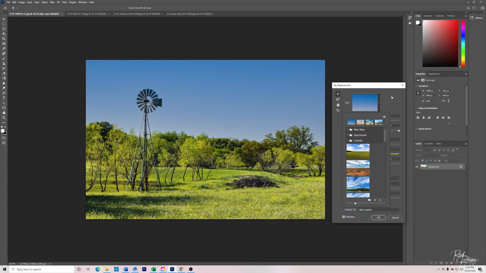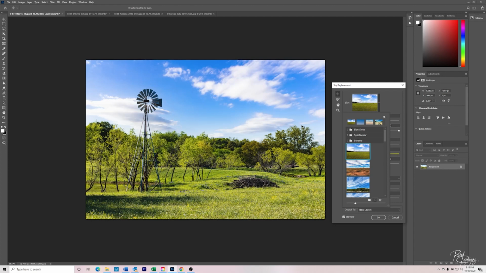Your uploaded sky images will appear below the Photoshop sky folders. So right below the folders, you're going to see all your uploaded skies. It's important to note that when you're selecting a sky, you need to try to match the lighting conditions. So in this example, I need to select a blue sky that has some clouds, but not an overly dramatic sky. So let's scroll through our options and look for what appears to be the most natural. So it defaulted to this blue sky under the blue skies folder. So let's choose one of my custom skies. The very first one,